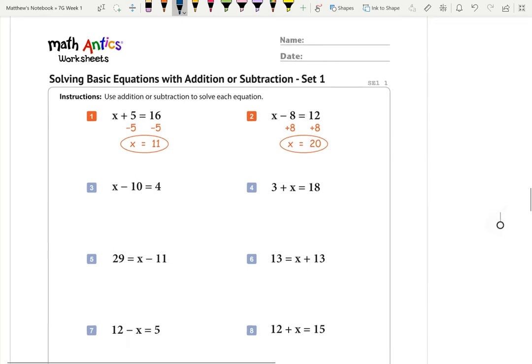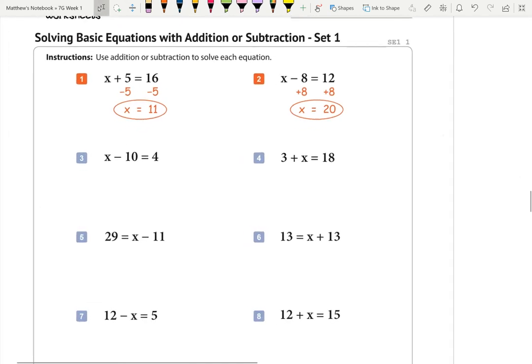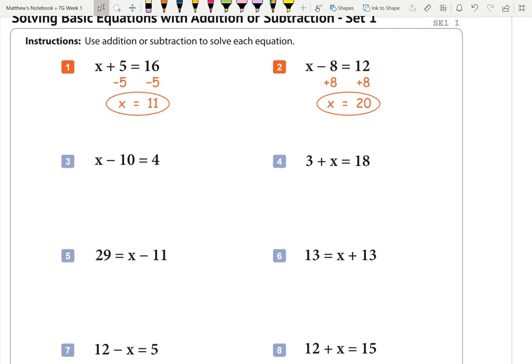All right, let's take a look at a few of the problems from yesterday. So here we're solving basic equations with addition or subtraction, and we're starting with set 1 here. So it gives us the examples in problems 1 and 2, and the most important thing is that we show the steps for solving. And so of course we want to isolate the variable, meaning we want to get x